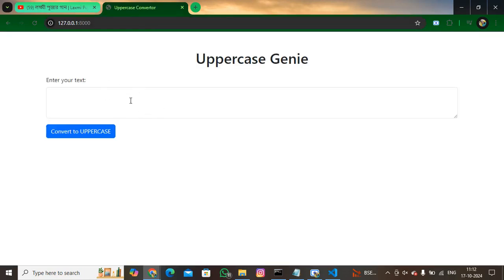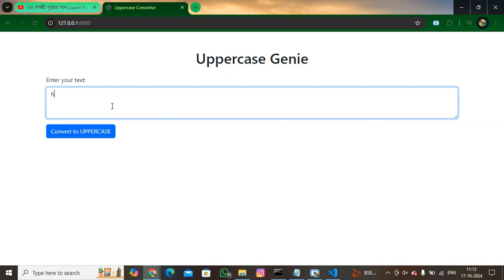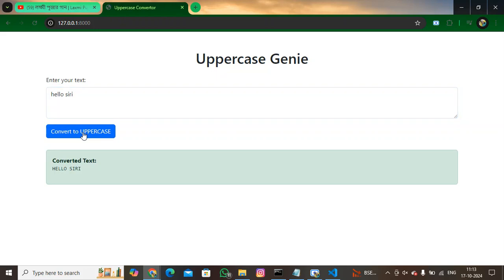So when the page is first opened, the form is empty, right? And there is no output to be shown. When I give some string to it and hit convert, clicking the convert to uppercase button,